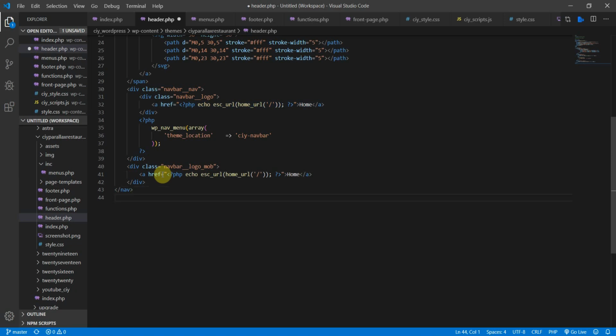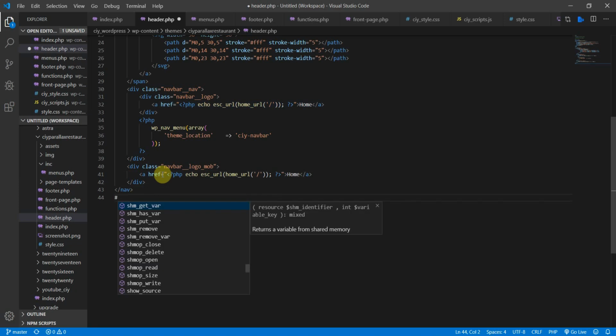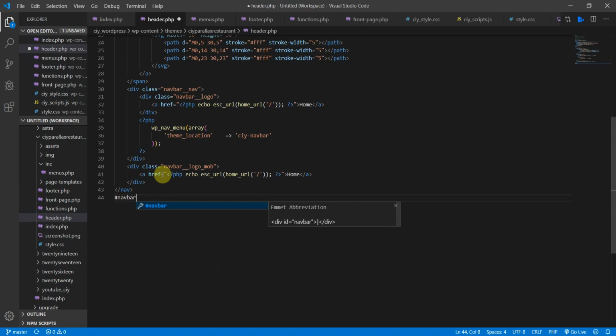Let's create another div here, and actually this time I'm going to give an ID of navbar side menu, like this, and a class of side nav, like this. And in here,